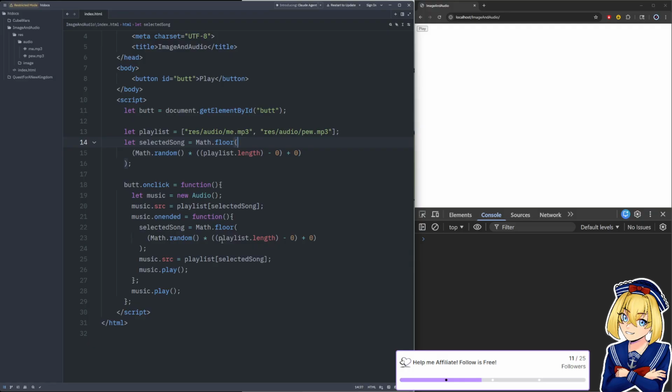But yeah, I'm trying to think. Is there anything else I need to tell you about audio in JavaScript? That really is the majority of what you will need to know in order to make a game. Because we can do the audio playlist, like I've been showing you.